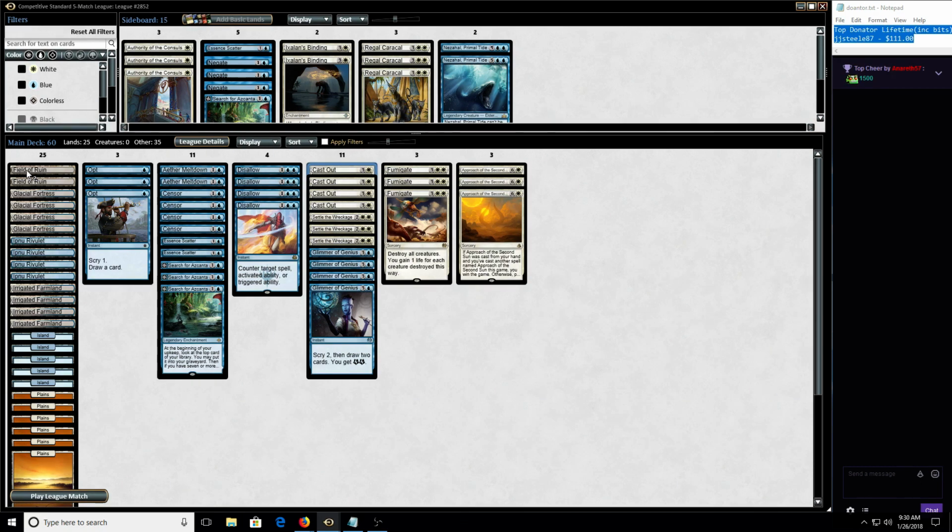If the format continues to be more aggressive and Mardu gets picked up more, we're going to add a third Meltdown to the main deck and probably either a fourth Cast Out or a fourth Fateful Absence to the side. But yesterday we got paired versus just a lot of Drowned Catacomb decks. So I think this is the setup we want if we think Drowned Catacomb decks are going to be the